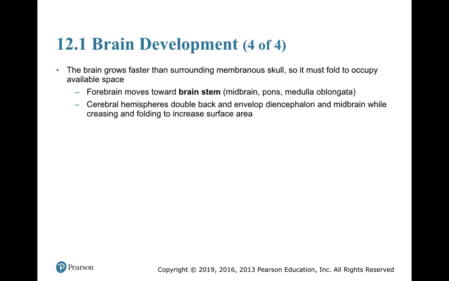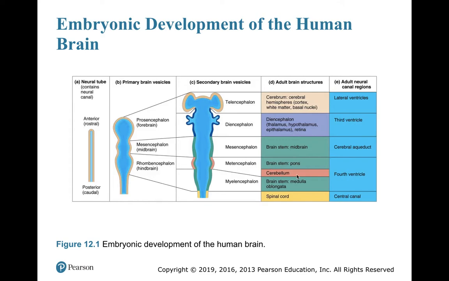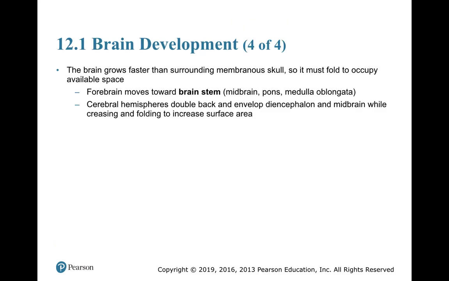So the brain grows faster than the surrounding skull. It takes up more space than there is in the skull. In order to do that, it has to fold. So even though we make it look nice and linear here, all of that's happening under a process of folding. The forebrain is going to move towards the brain stem, become the midbrain, pons, and medulla oblongata. Cerebral hemispheres are going to double back on themselves, envelope around the diencephalon and the midbrain, creasing to increase surface